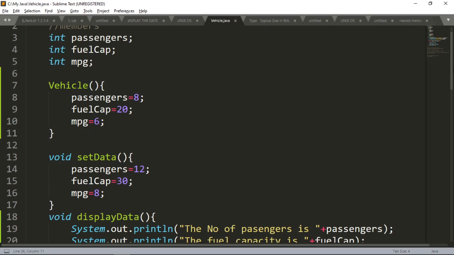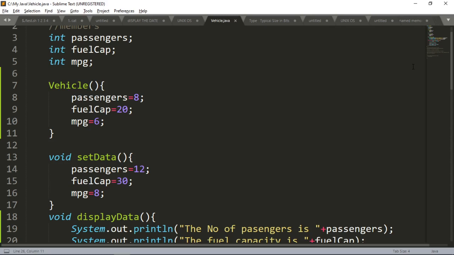But if you define one, Java will definitely take that particular constructor and use it for initializing an object. So the new operator creates an object and the constructor initializes an object. The new operator creates an object and the constructor initializes an object.